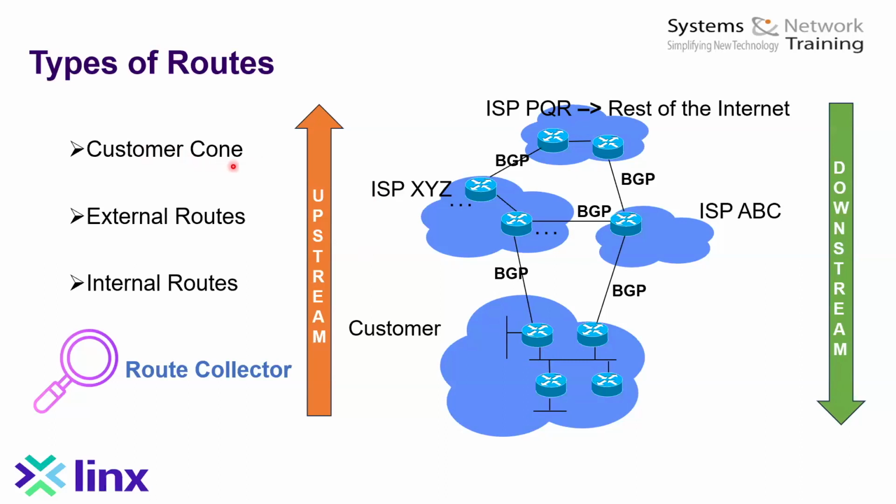If we are a downstream customer or a service provider, and we have BGP peering with an upstream internet service provider, and this upstream internet service provider is advertising routes from the core of the internet downstream to us, or if we're peering with another service provider at the same kind of level, then these routes are seen to be external routes. And the route classifier will classify these routes accordingly.